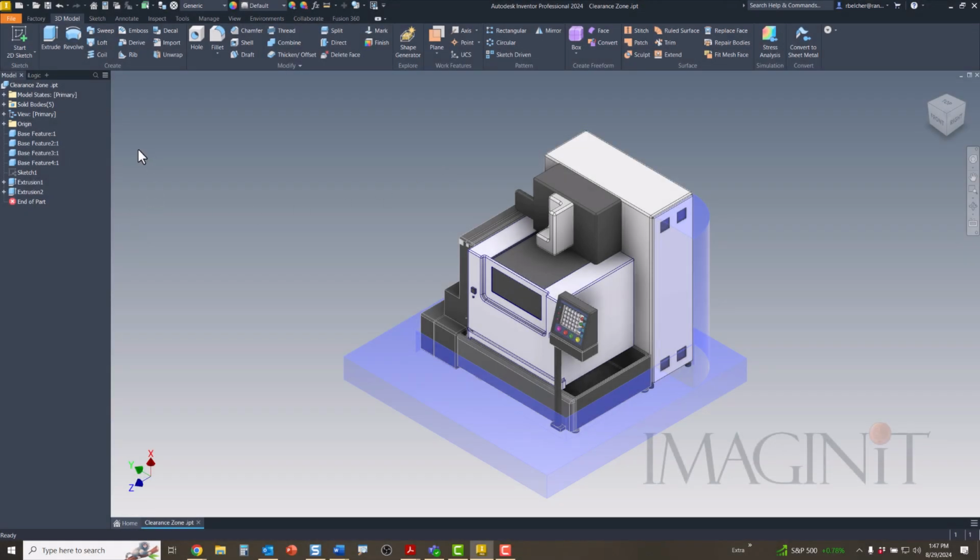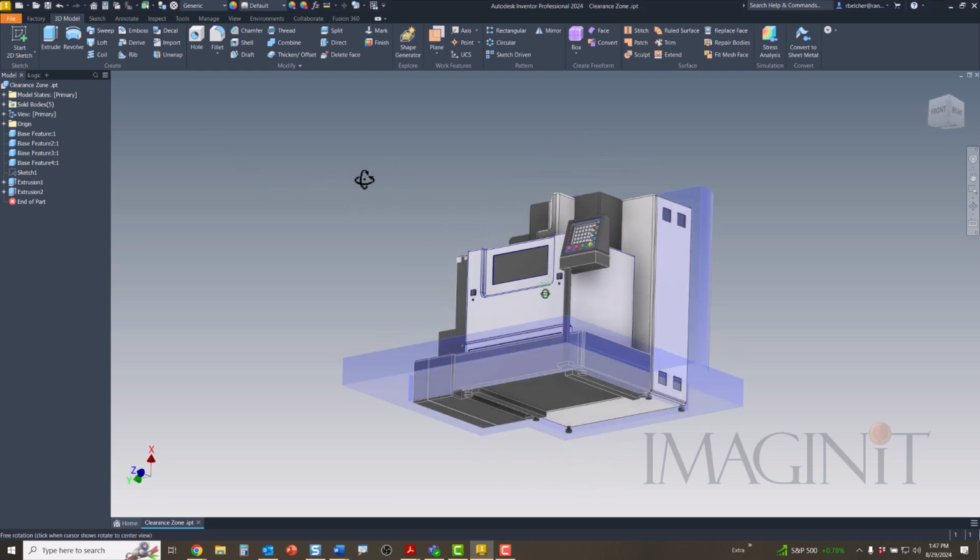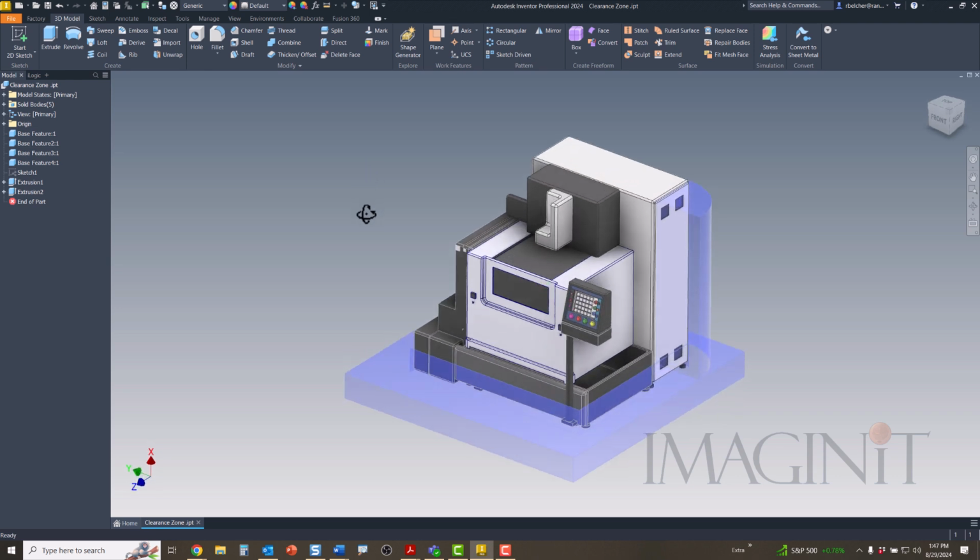Welcome to this presentation on the use of binary parameters to control feature suppression. As we take a look at the example here, we see a simple CNC machine. That's the part that's shaded normally. And then I have the clearance zones modeled with a transparent color. I've gone ahead and made the clearance zones a separate solid body, but you don't have to do that for